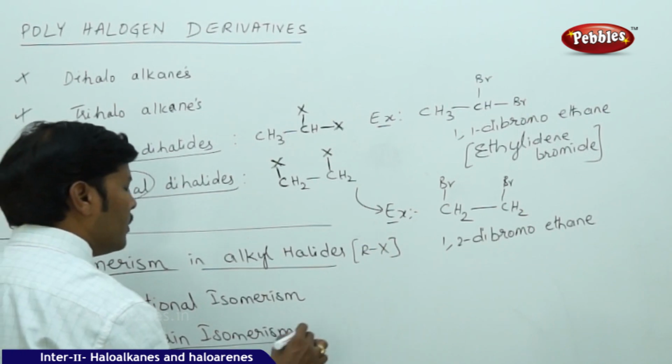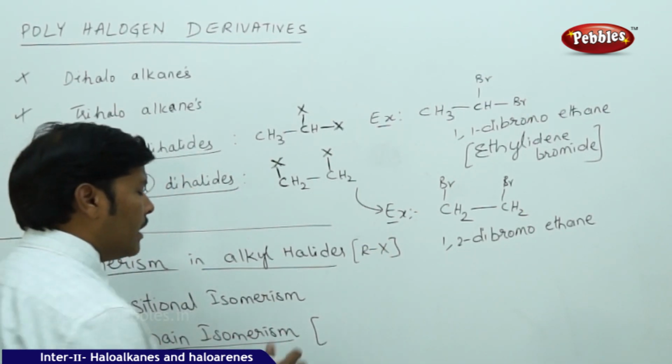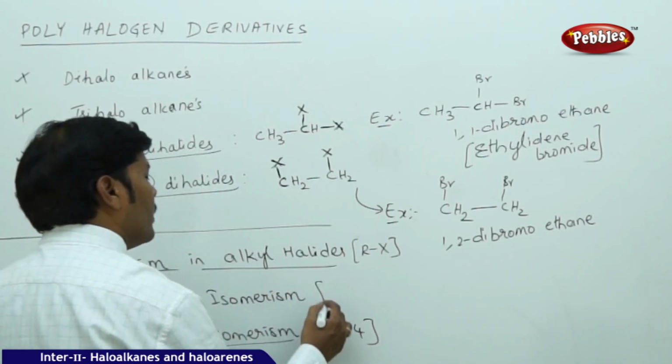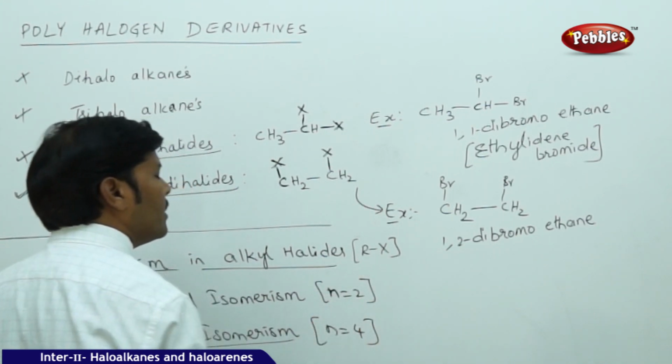For chain isomerism, the minimum number of carbons required in alkyl halides is 4, and for positional isomerism, the minimum number of carbons required is 2,